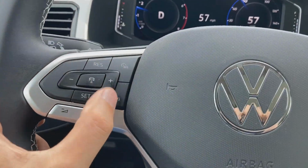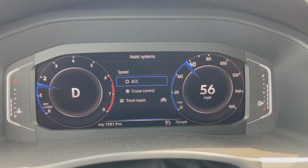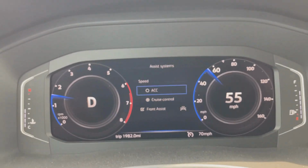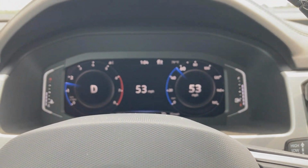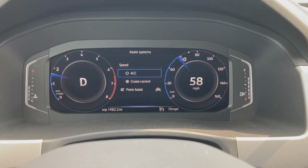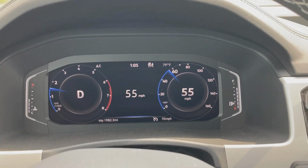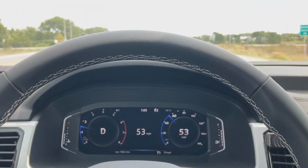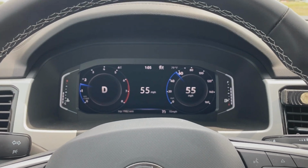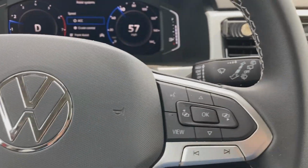And for some reason in the menu option here, there is cruise control or ACC, which is adaptive cruise control, and the checkbox for front assist is checked off. Okay, but why would you not want adaptive cruise control? In my best estimation, it is an advantage over regular cruise control in every way you could think of. Like, it's just an extra layer of protection, and it'll still go how fast you want it to go. So yeah, anyway, the way you change that is using the right side of the steering wheel,